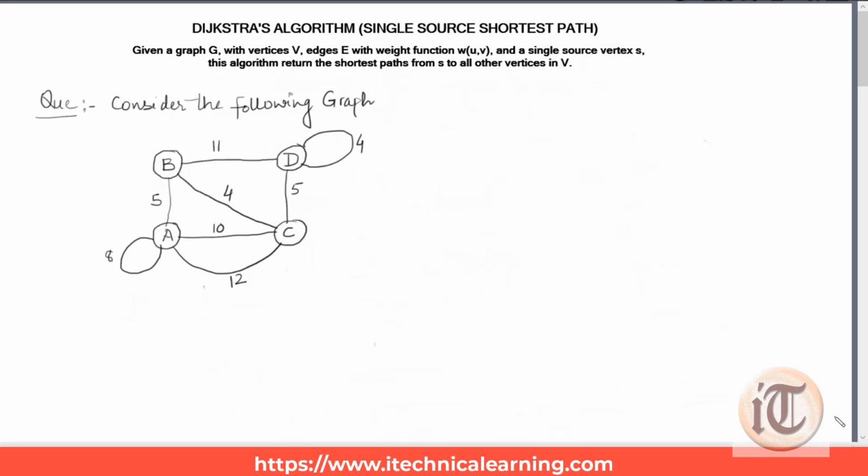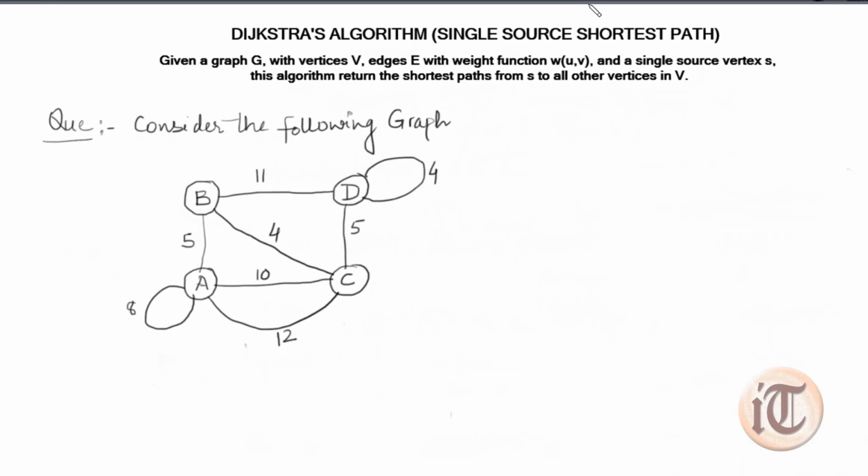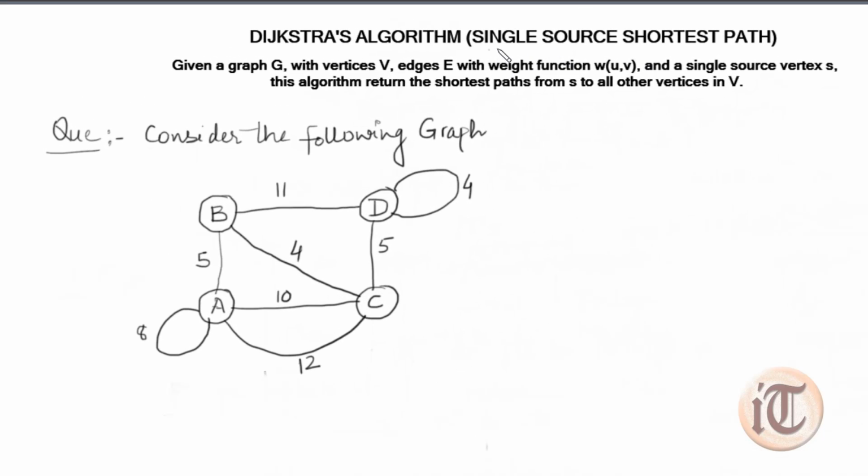Hello friends, in this video lecture we are going to discuss one of the most important algorithms in graph theory or in data structures, that is called the Dijkstra algorithm. And this algorithm is particularly used for single source shortest path identification, or it is also called single source shortest path. So as per the official description of this algorithm, it is said that given a graph G,